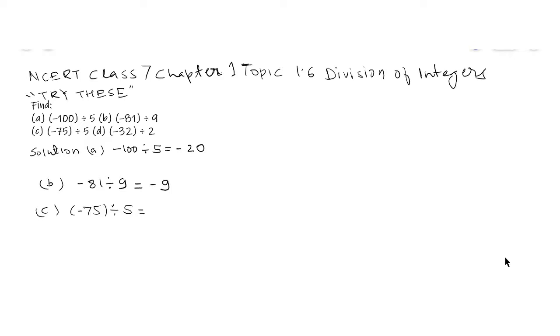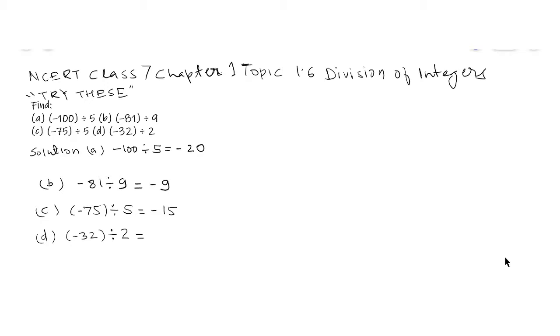So when we divide 75 by 5, we get 15 as quotient, and as 75 has the minus sign, the quotient will have the minus sign. And the property used again is the same. When a negative integer is divided by a positive integer, we get the quotient as a negative integer. Part D, minus 32 divided by 2